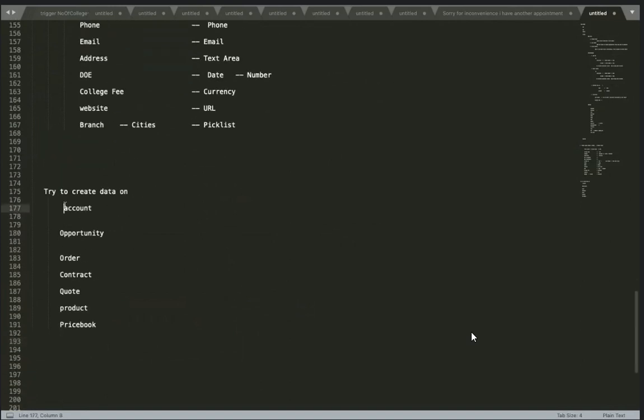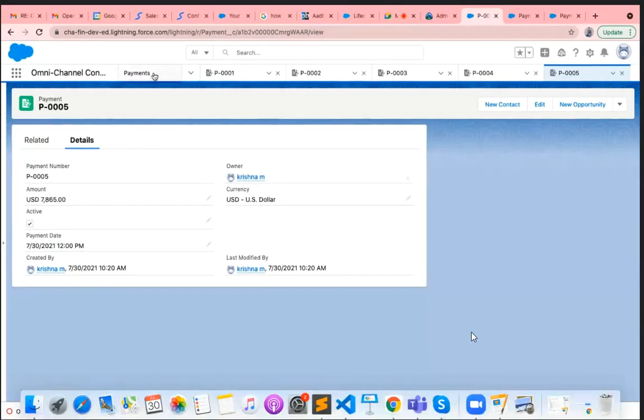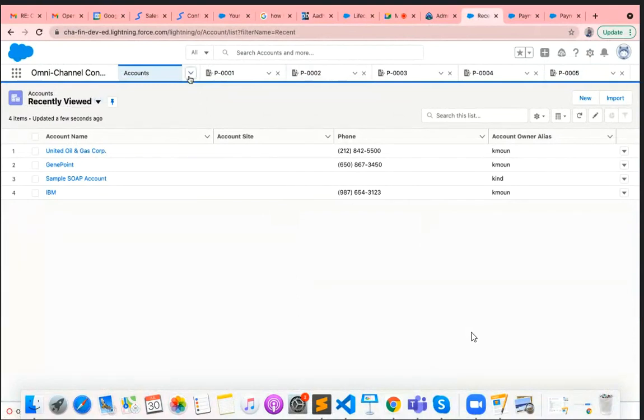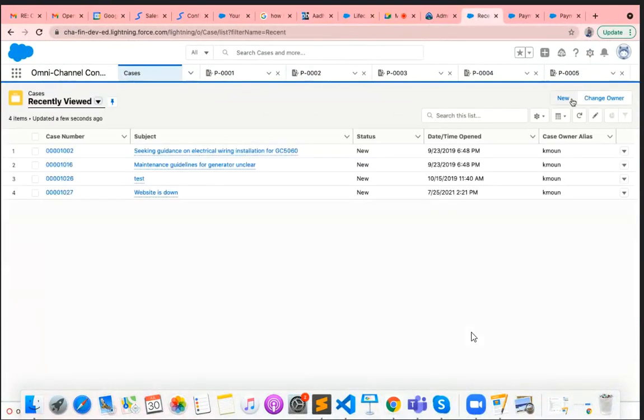Just create data. You know, right, how to create data? You just open it and talk to me, then only I can tell easily. Otherwise, how would I know whether you people understand? See, everybody is very new. Don't think that somebody feels bad or something. Just open it. Okay. Krishna, here account is the object, right? In that object, we can create the fields, right? No, I'm not talking about fields here. I am talking about data now.